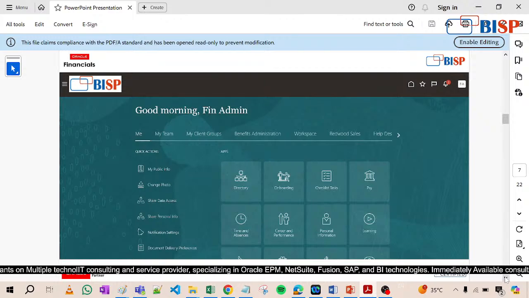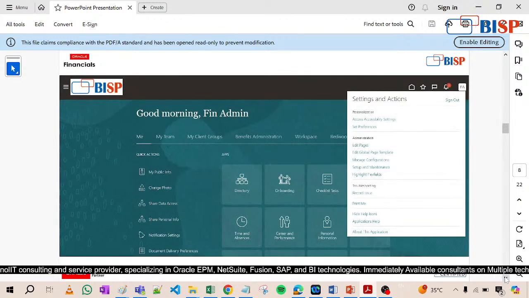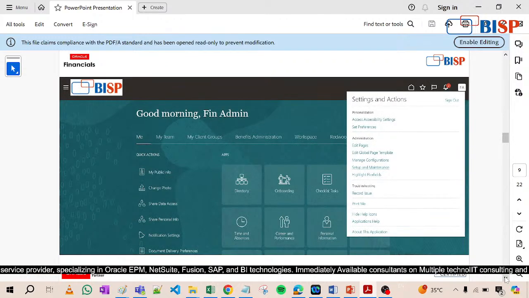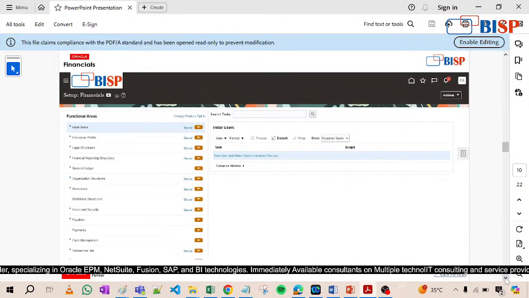Clear? The internal interface of the Fusion would look like this. Now here you have to go to the option which is in the right side, setup and maintenance. You have to go to setup and maintenance, right? Now in this setup and maintenance,